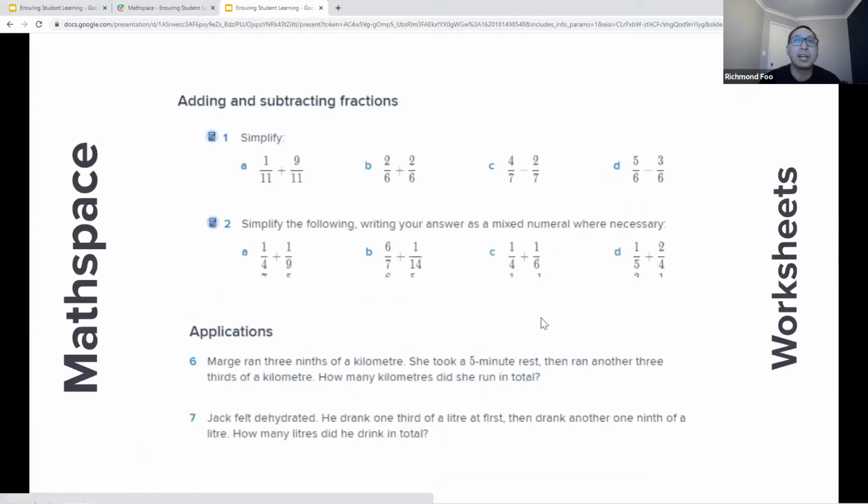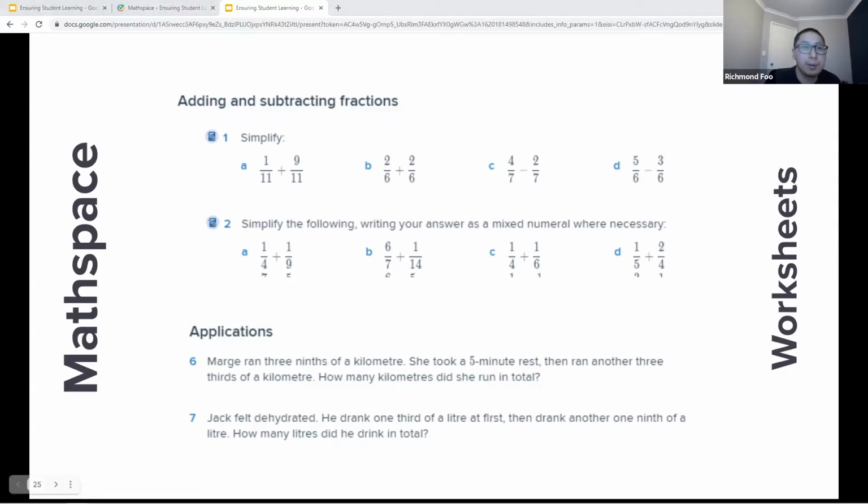So once you post that out, what can you do with that information? You know where they're all at in terms of their cognitive domain. Now, MathSpace does have worksheets which in some way address this. You could go with your routine questions for all those kids who are stuck at applying or below. And then you do also have your application questions, which you could put together as targeted work for those students wherever they're at. Okay,